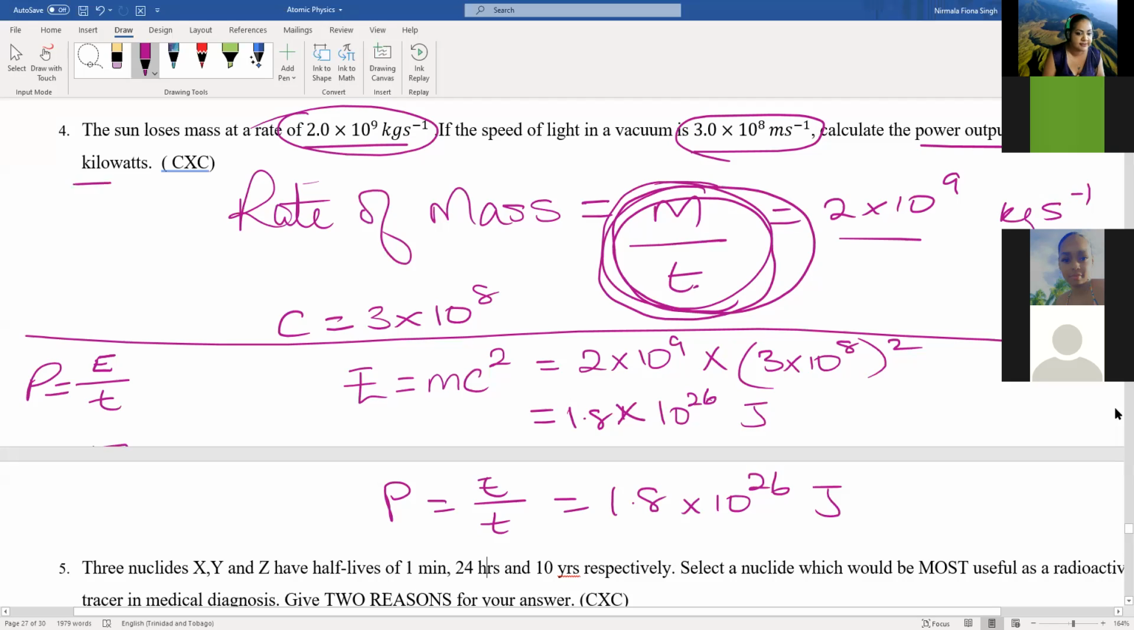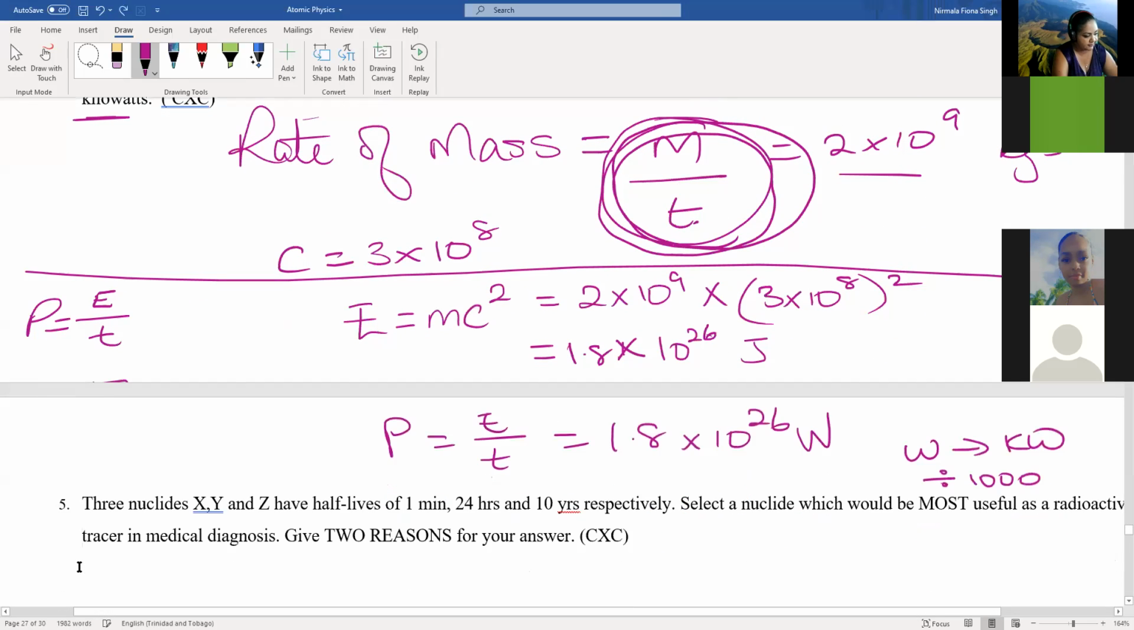Now they're asking to work this out in kilowatts. How do we convert from joules, watts? How do we convert from watts to kilowatts? To convert from watts to kilowatts, all we're going to have to do is divide by 1,000. And when we're dividing by 1,000 using law of indices,